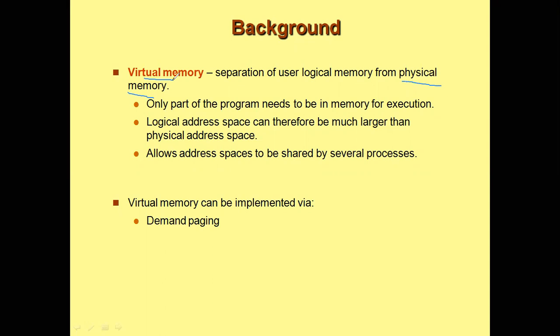We know that a program in execution is called as process. Process is divided into pages. Pages are divided into instructions, and these instructions are loaded onto the main memory or the physical memory and is executed by the CPU. So here main memory is not containing the entire pages of the process, but virtual memory gives an illusion to the user that the entire process is loaded onto the main memory, but that is not the fact.